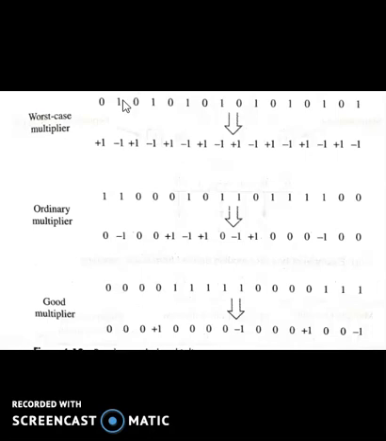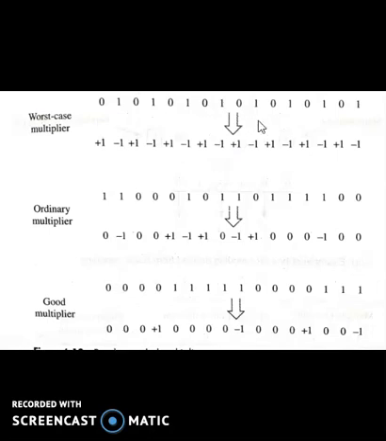Now, what are the limitations of Booth algorithm? Let's find out. Here you can find the worst case multiplier. Imagine we have a multiplier like 1 0 1 0 1 0 1 0 1 0 1 0. Now we have to append 0 here, so we are moving from 0 to 1, that's why it's minus 1. 1 to 0, that's why it is plus 1. 0 to 1, that's why it's minus 1. 1 0, that's why it's plus 1. 0 1, so minus 1. So you are getting that.